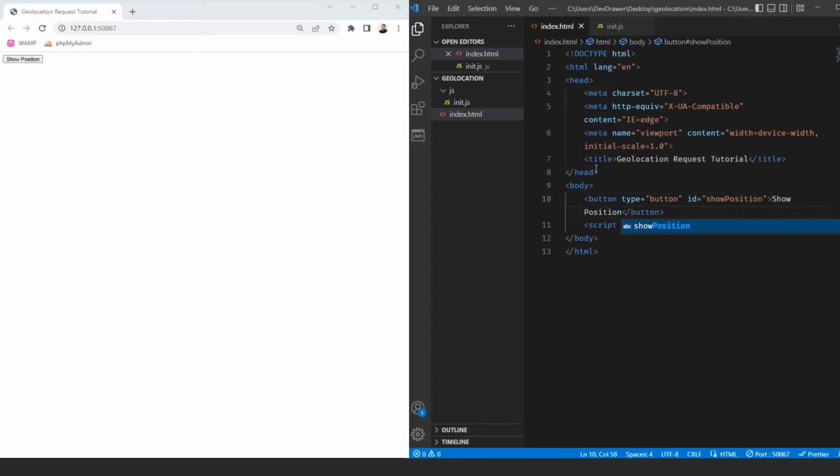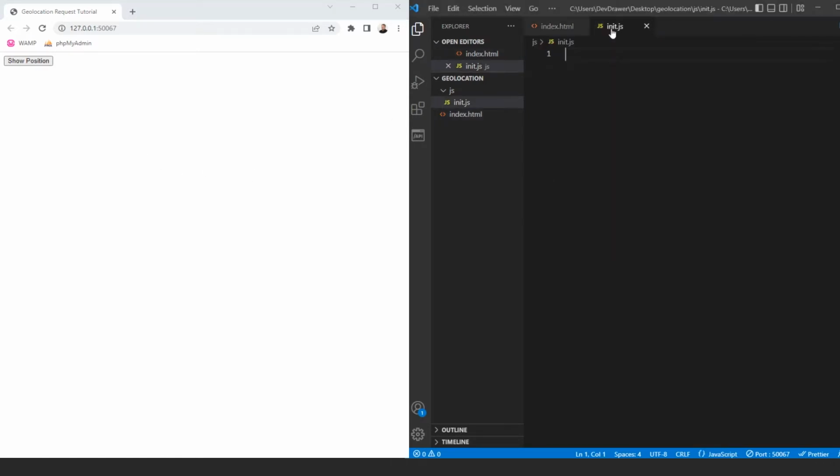Okay. So what I want to happen is whenever someone clicks on this button over here, let me reset the zoom here. Okay, so whenever someone clicks on this button, I want it to ask them to get permission to actually store their location. So over here in our init file, let's create a class called geolocation,